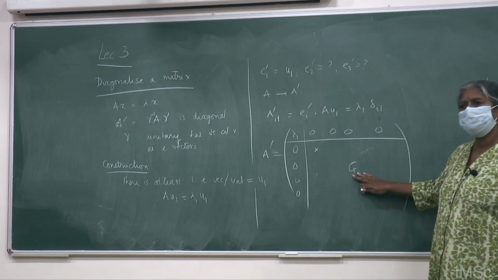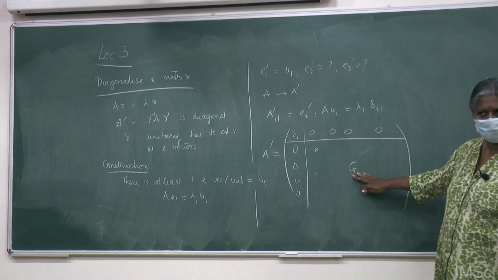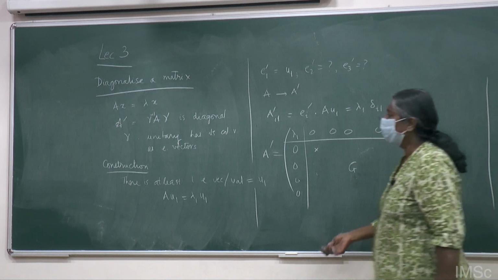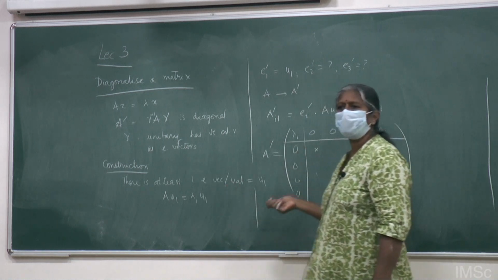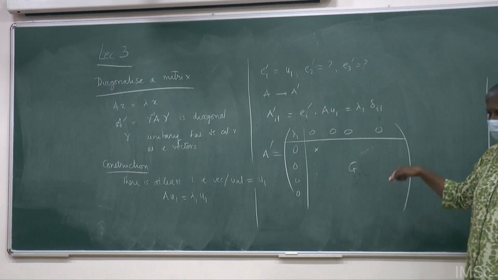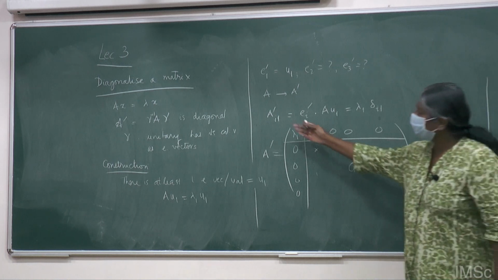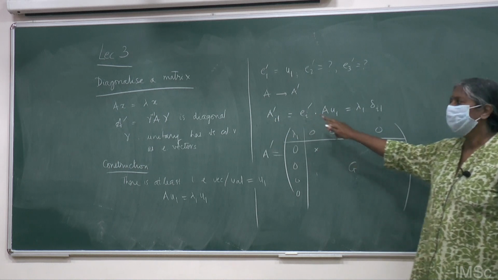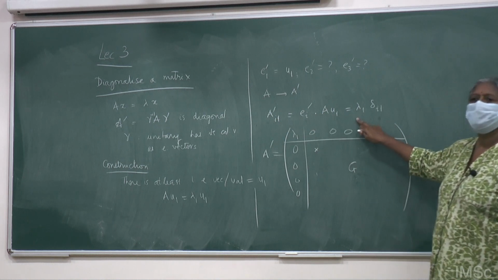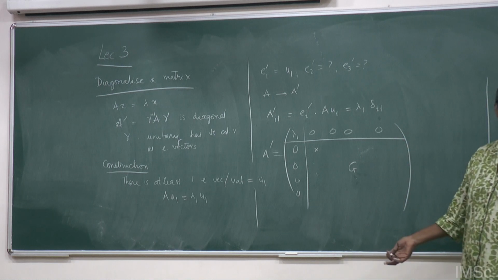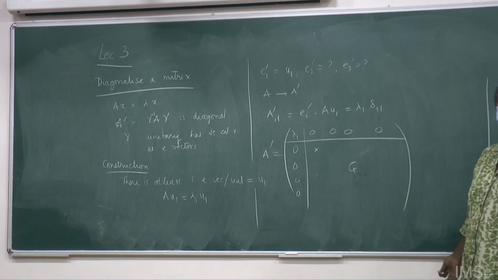Now I will have this n minus 1 dimensional submatrix. I can do the same thing all over again. I can start with G. I can find the eigenvalue equation of G. I can find one eigenvalue of G, and its one eigenvector I call E2 prime. And then I can find G of I comma 2 will be E2 prime into G of U2. And then I can keep on doing this, and then I get all the things I have diagonalized.